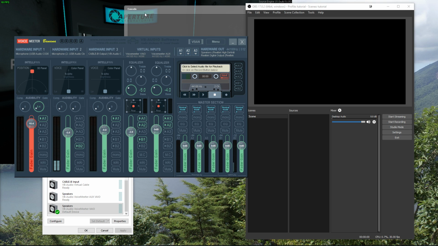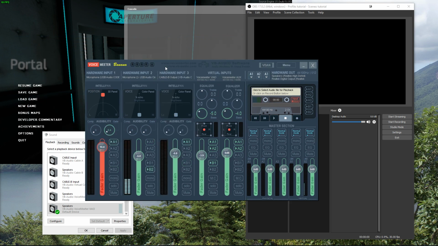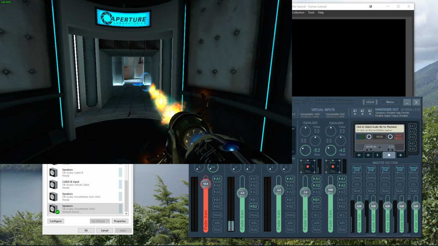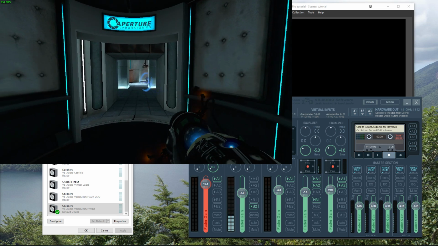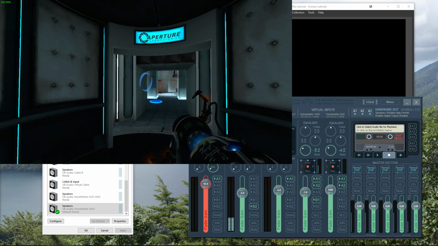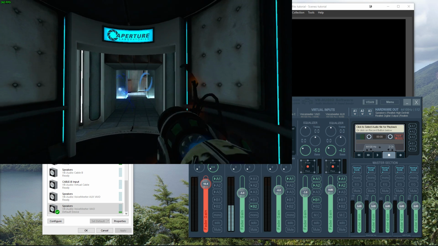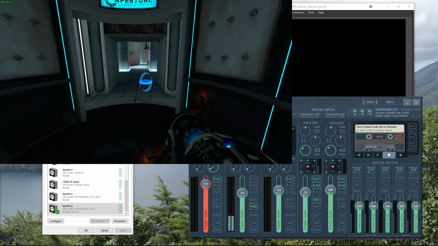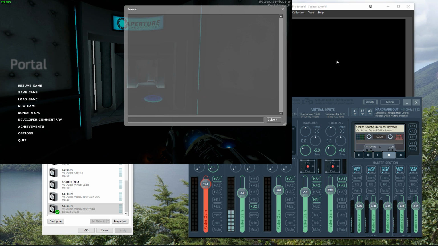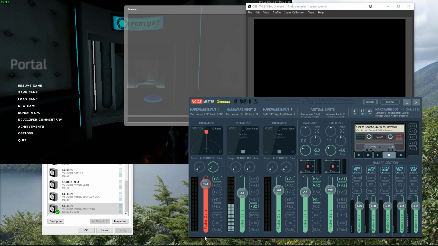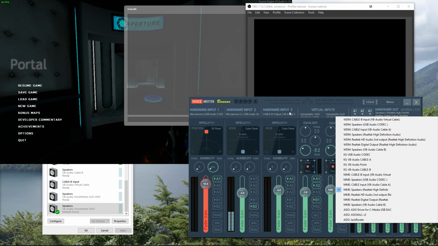So you can see that if I go into Portal, you see the little bar beneath the equalizer in VAIO, you see it move when I do stuff in game. So what that allows me to do is I can play music on the other audio device and it doesn't go into the stream. So from here on I route it to my hardware output to my speakers,